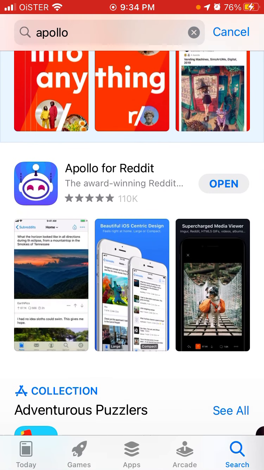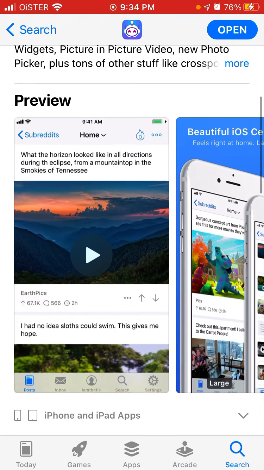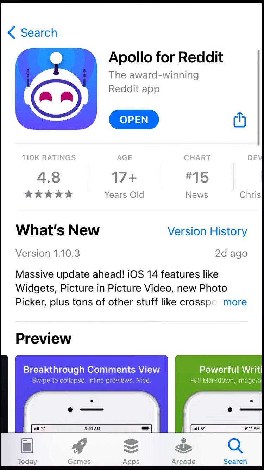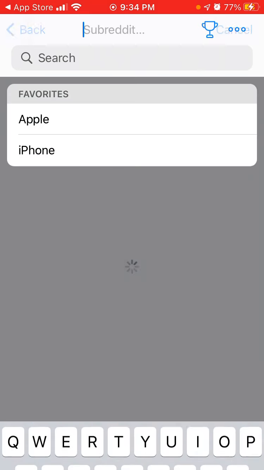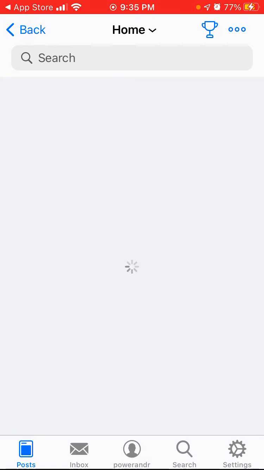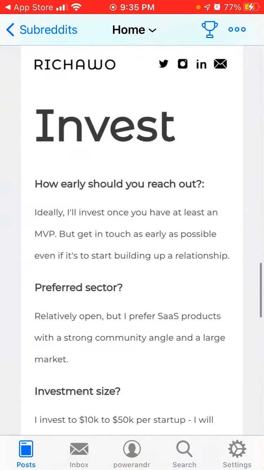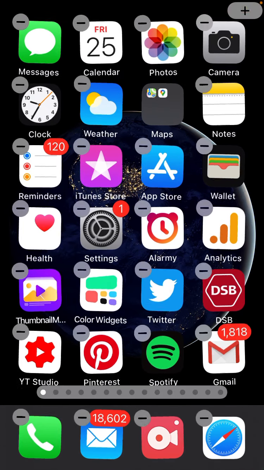So there you have Apollo for Reddit. More than 100,000 reviews. Super cool. It's just an app where you can enjoy Reddit with a bit better design and a bit better overview. I know it's not loading, but yeah, something like that. That's just a cleaner view of Reddit. And another cool feature is that when you install the widgets,